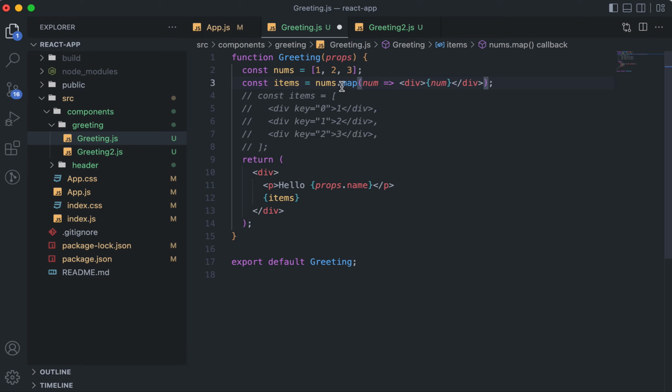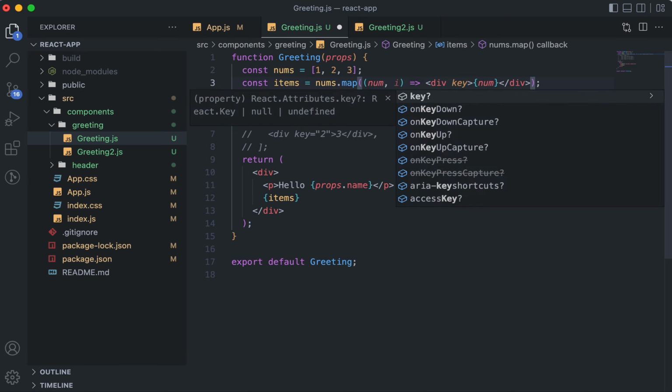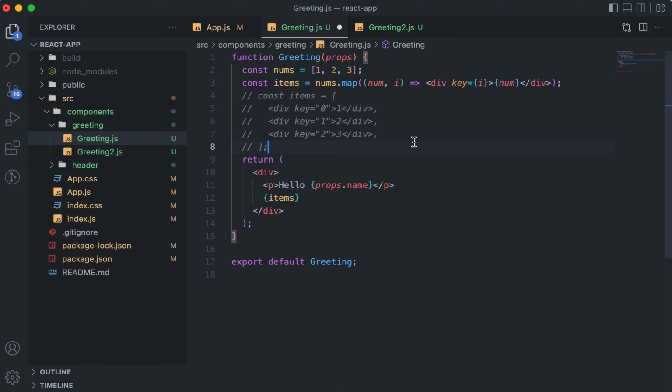So it turns out that your data should have their own ID, for which we'll take another example in some time. But right now there is one way you can understand: I know that the second argument of map gives me index. So if I take this second argument, I know that that gives me index. Index means the index of this item in the array which is provided, which means what is the index of this num in this nums array. Obviously the index will be 0, 1, 2 onwards, right? So that can be passed here,